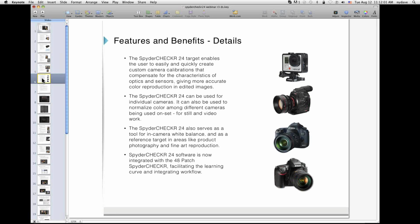Let's talk a little bit about features and benefits. It's no accident you see all these cameras on the right-hand side. And again, I want to emphasize that you can use the SpyderCHECKR to provide good color control for just about any camera that's out there. We've got a GoPro, all the way from a GoPro to a very high-level Canon to mid-level DSLRs that also